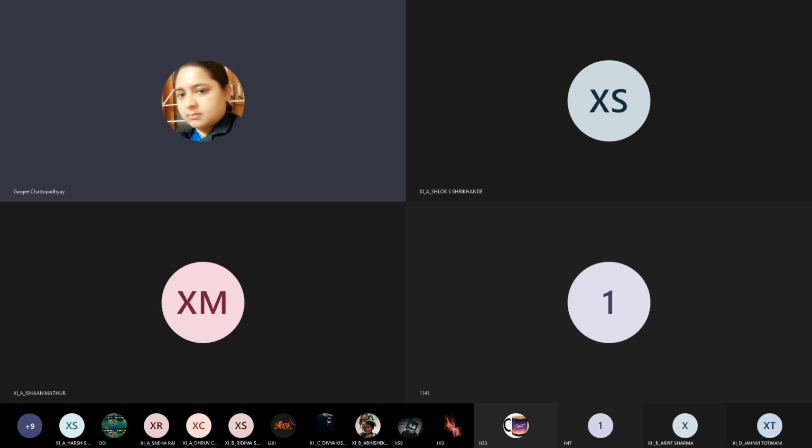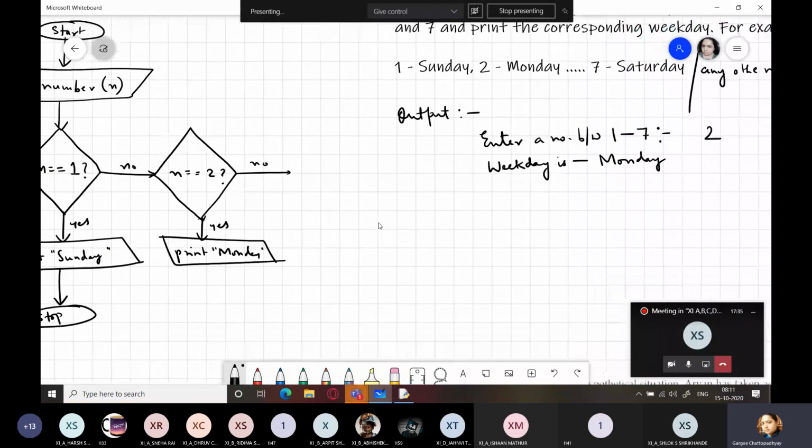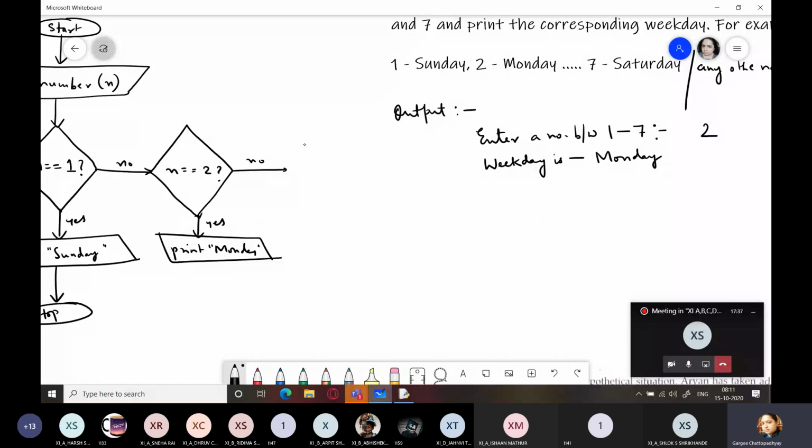Just a sec. We will first complete our code here. Likewise, I hope you can complete the flowchart on your own. You will be checking conditions till 7, and this way it will continue. The last one is n equal to 7. It will be either true or false.